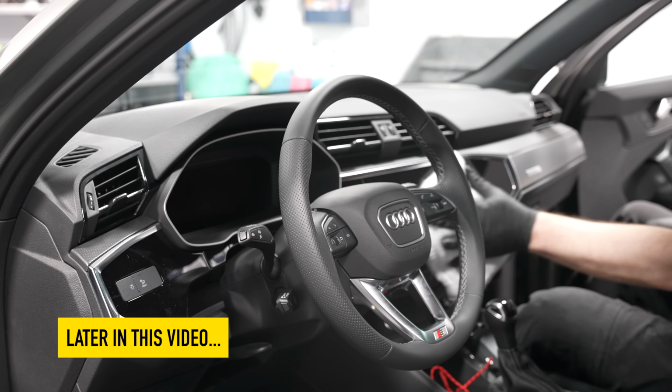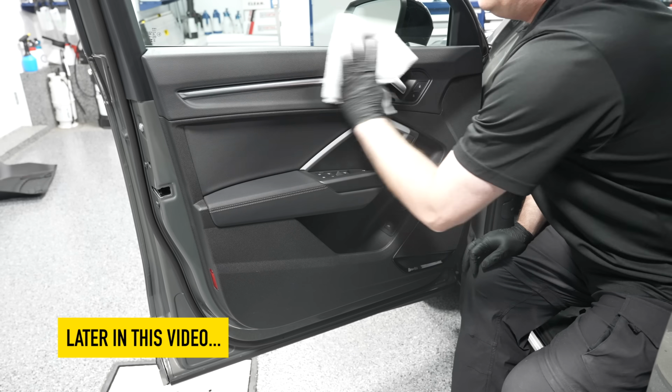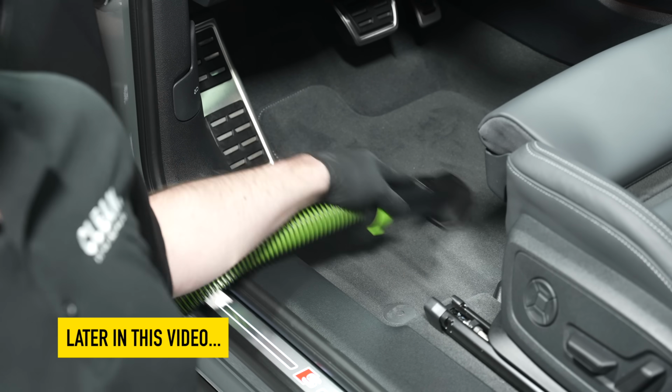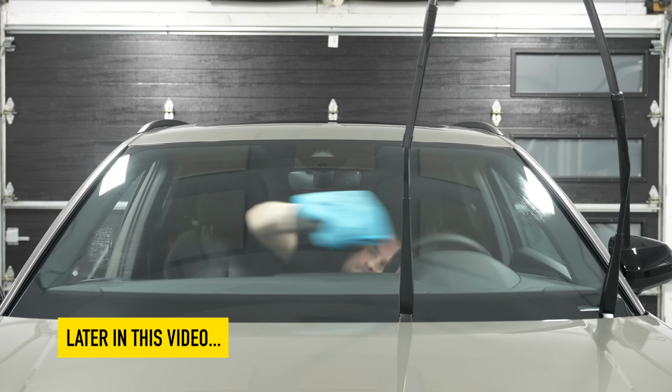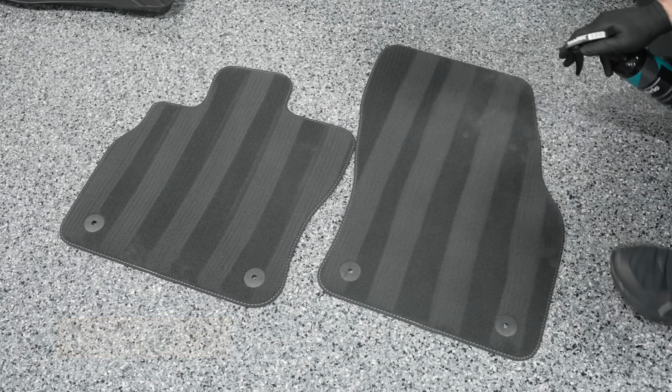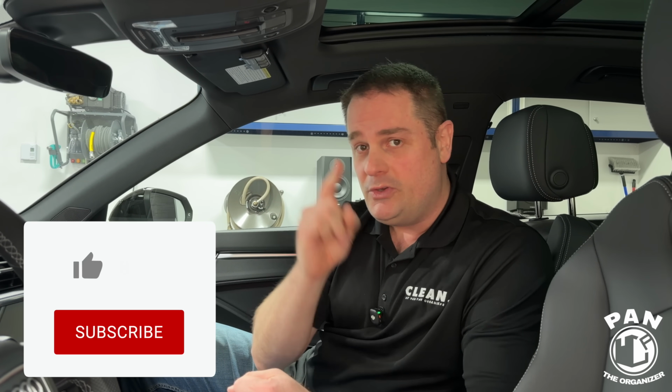Today is part 3 of a 3-part series of videos of me detailing my girlfriend's brand new 2025 Audi Q3. In today's video, we're tackling the interior. We're going to clean, enhance, and protect all the interior surfaces from your leather, your plastics, your infotainment displays, the dash, of course, all the trim, even the aluminum here, the shift knob, the armrest, of course, the leather seats, the pedals, vacuum it, protect the floor mats, all that good stuff. You're going to see all the tips, the tricks, which products we use, so you can do this at home